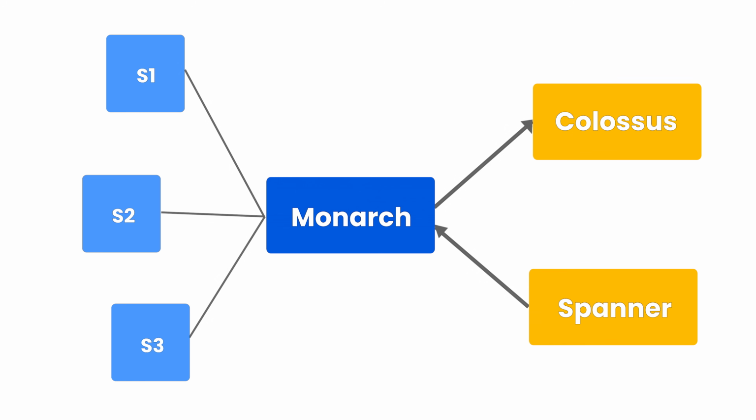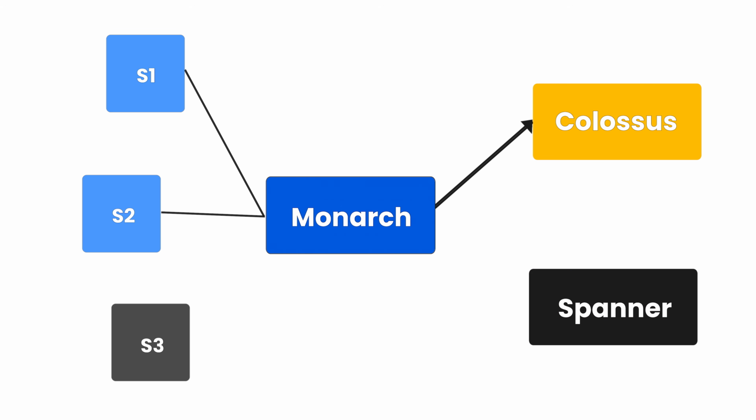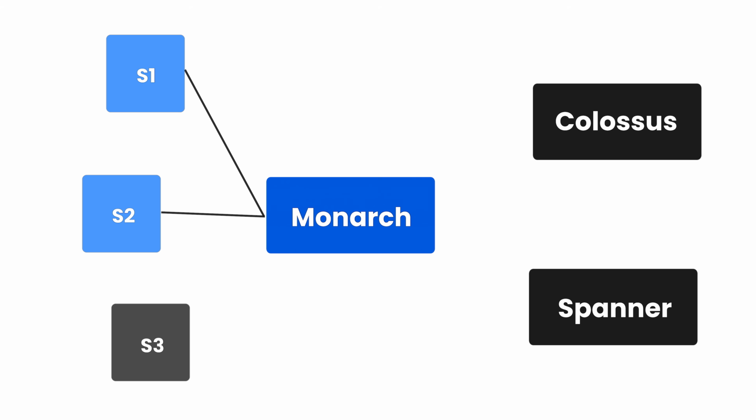There's one other major problem that Monarch solves. If a system at Google is down, the reaction time totally depends on Monarch. If Spanner goes down, Monarch doesn't go down. If Colossus goes down, Monarch still goes on. It can't have a hard dependency on any of these systems. You have extremely high availability. Let's see how Google built this system.